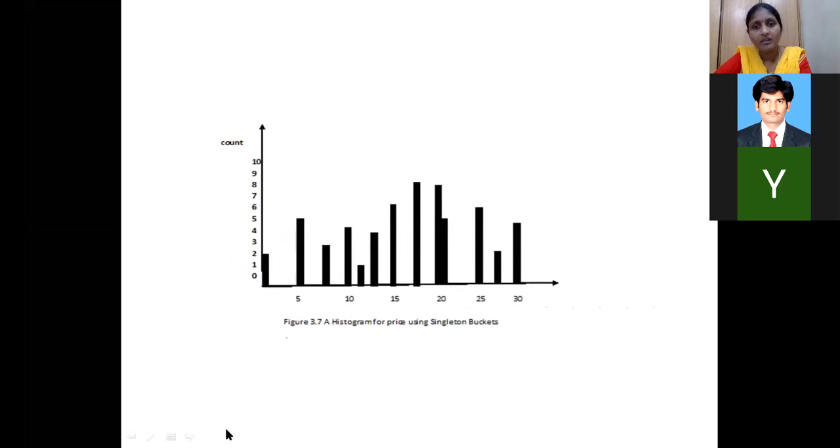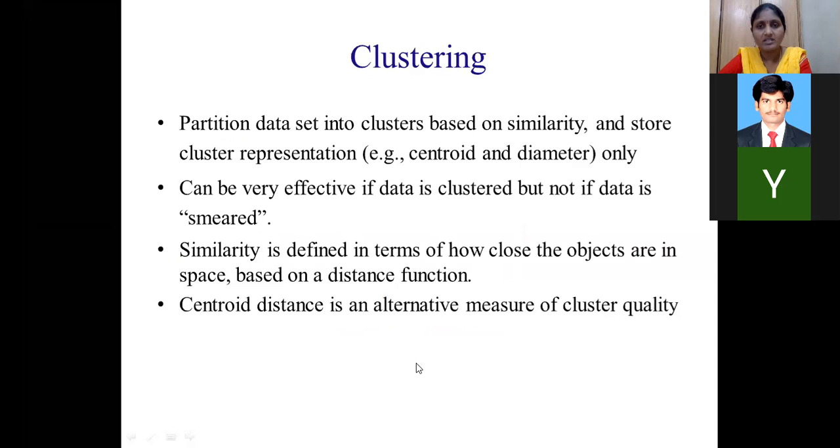Here I have given the example chart for the equal width. Here the width is common, not the frequency, so they have different frequencies. The heights are not equal. So this comes under the example of equal width. If it is equal frequency, then the heights are going to be equal. We are taking the frequency on the y-axis and the width of the bucket on the x-axis. This is the histogram analysis we have seen.